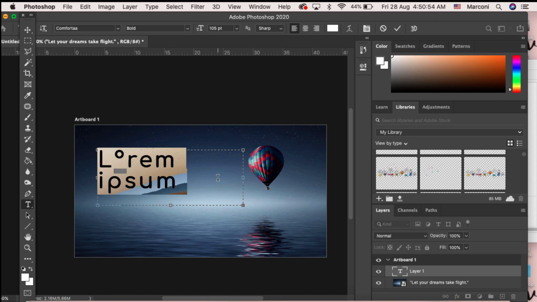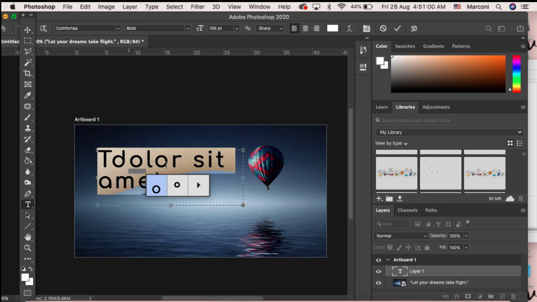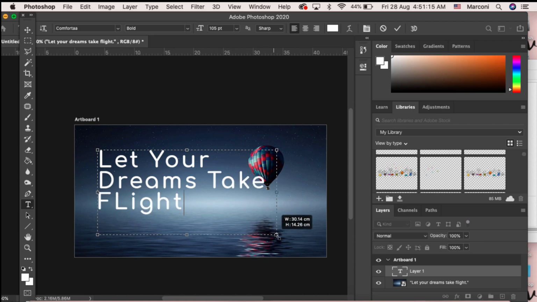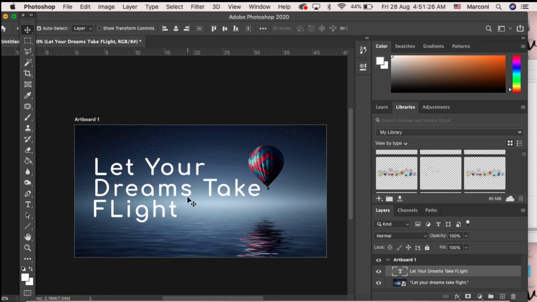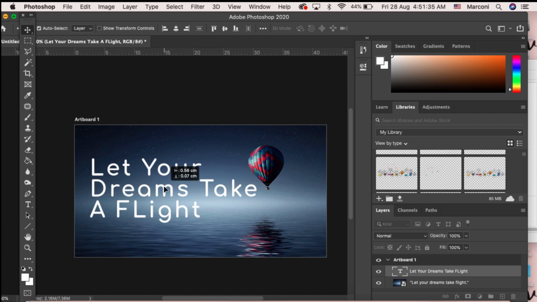It could be a title. So from here you could say, let your... So once you type it, you could actually move it anywhere you want to as well by clicking the move tool. So there you go. So you already have placed